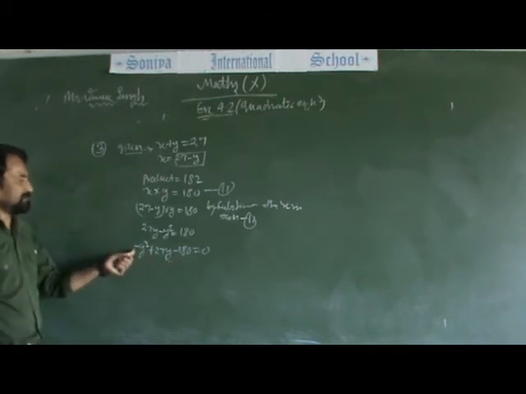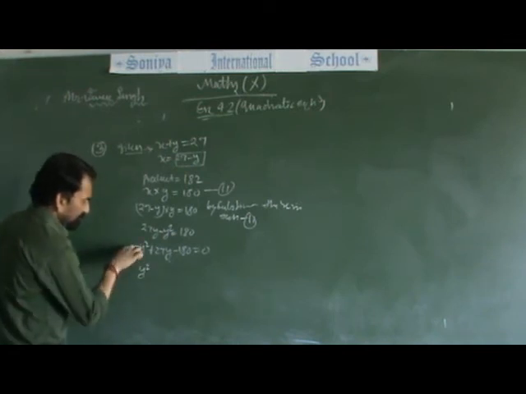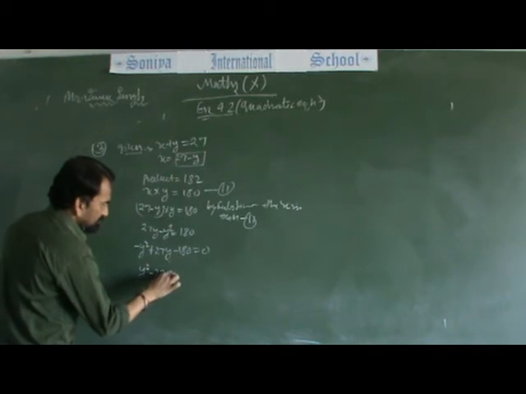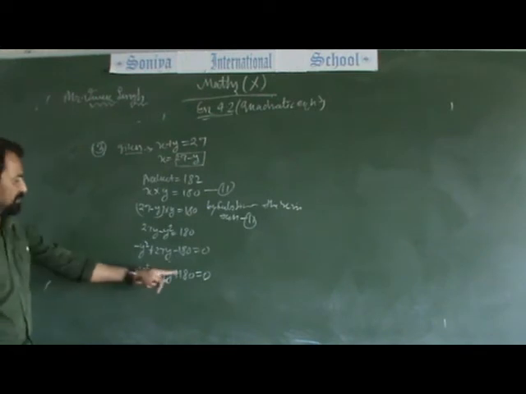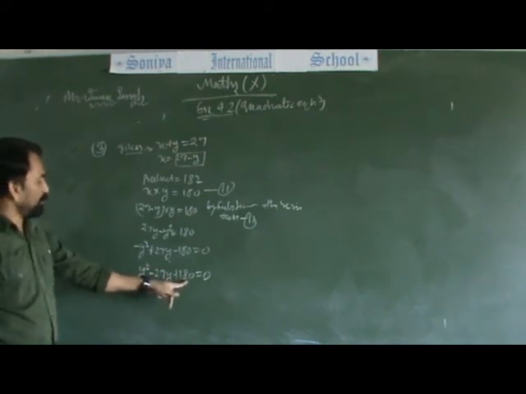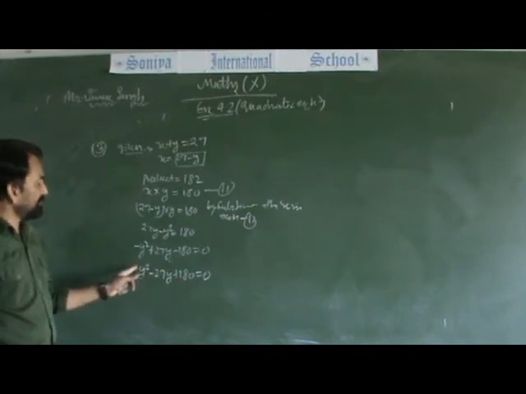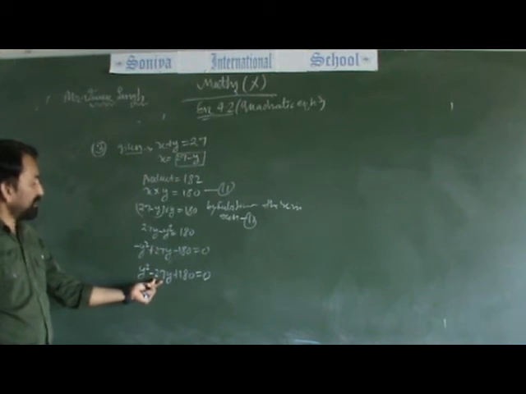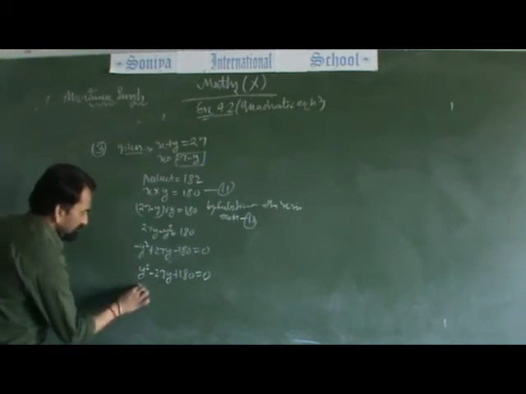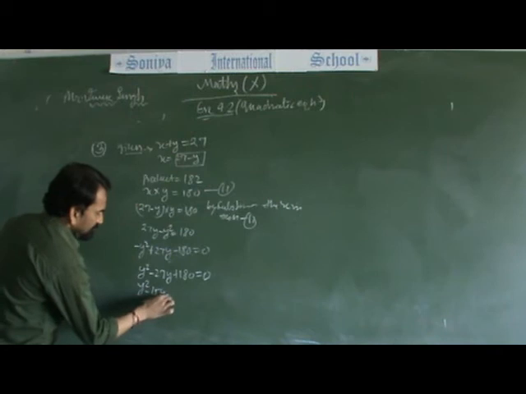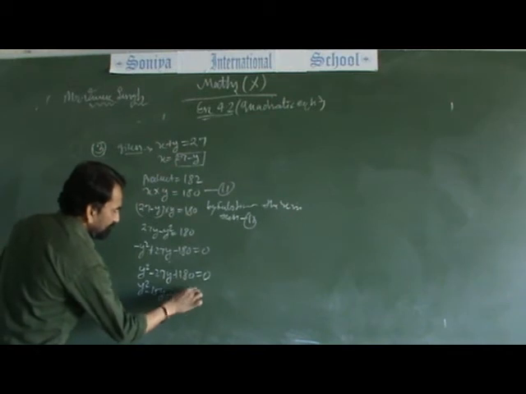But a is coming with the minus sign, so you multiply the whole equation by minus. y square minus becomes plus, plus becomes minus, and again minus becomes plus. Repeat the same process. a into c is 180. You have to obtain two factors of 180 such that their product is 180 but their sum is minus 27. Therefore the factors are minus 15 and minus 12. Split this: y square minus 15y minus 12y plus 180, since 15 into 12 is 180 and minus 15 and minus 12 equals minus 27.